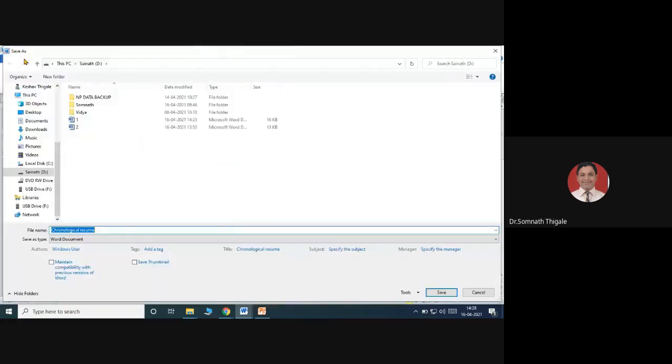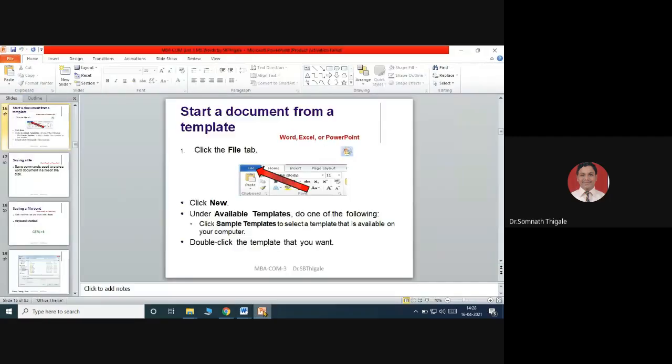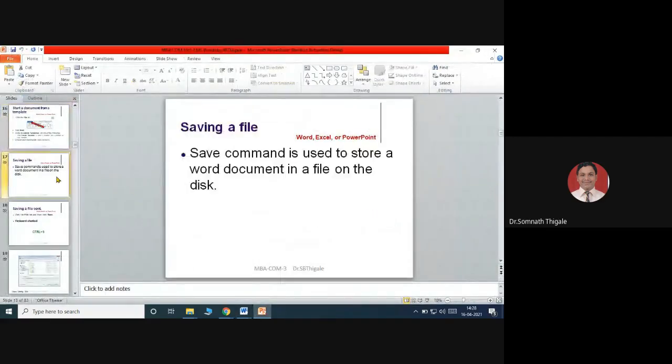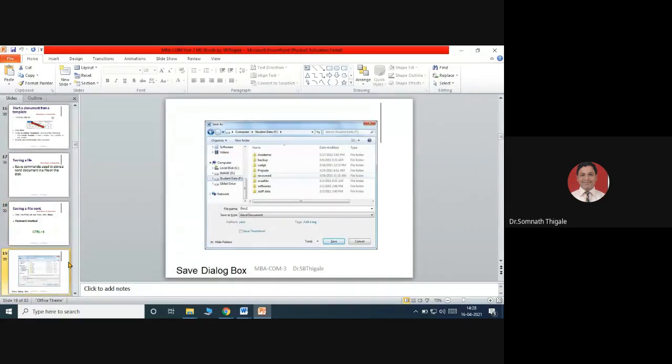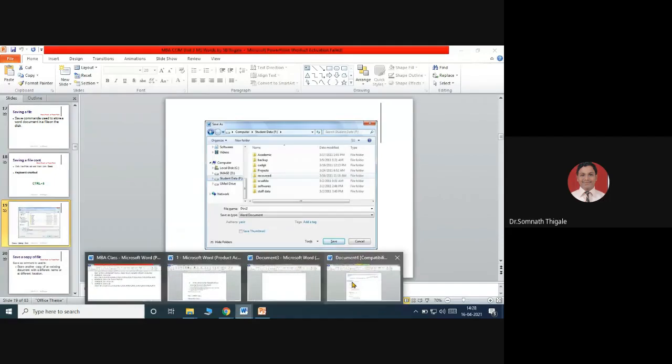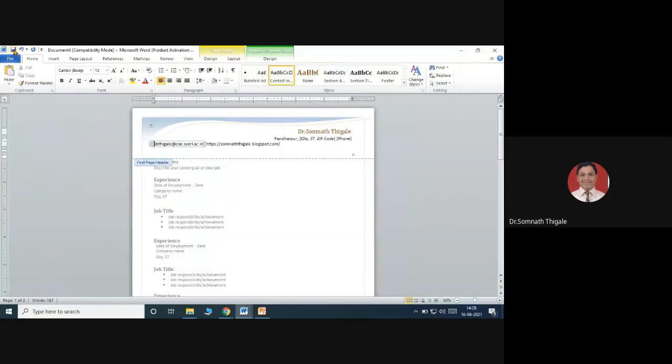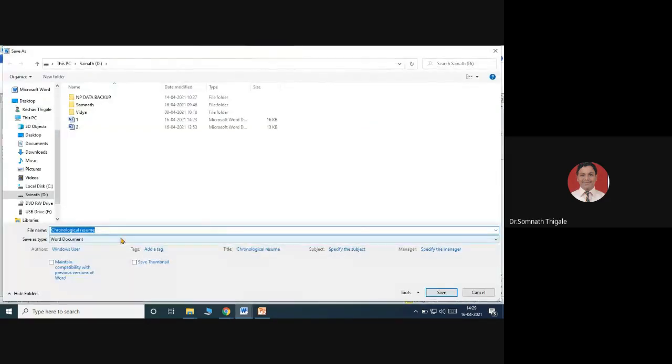Save this part. Whatever changes you made, if you want to save, you are getting two options over there for saving a particular file. You can use the Save command, or you can use the Control S option. The choice is yours. So see here, I can see this blue color Save option, Control S is the default shortcut. I can save this. It is asking where you want to save the file.